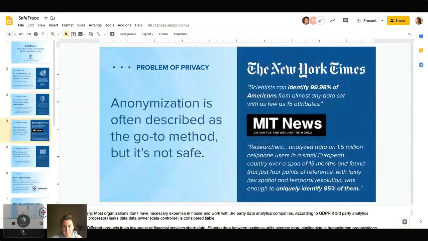Another approach that we've seen is anonymization, but we also have seen in the past that even when data is attempted to be anonymized before it's shared, especially location data, that's often not actually adequate for many scenarios where you can actually identify that person, especially if you have other types of data where you can intersect the two data sets.